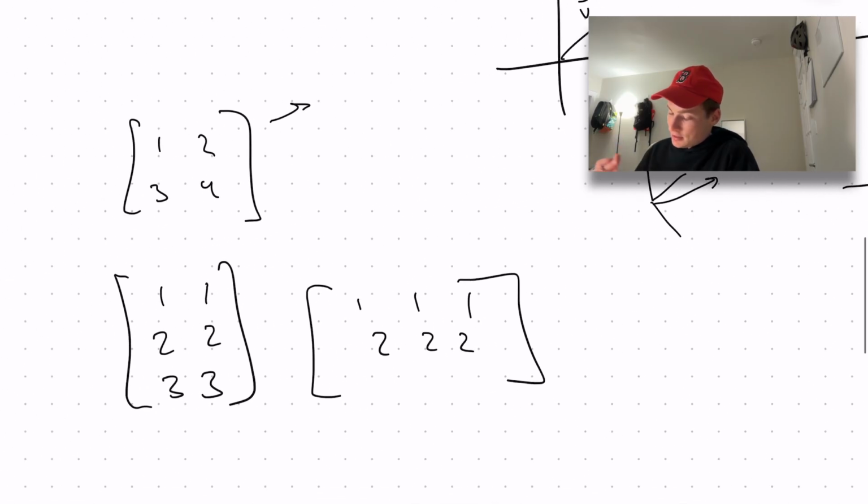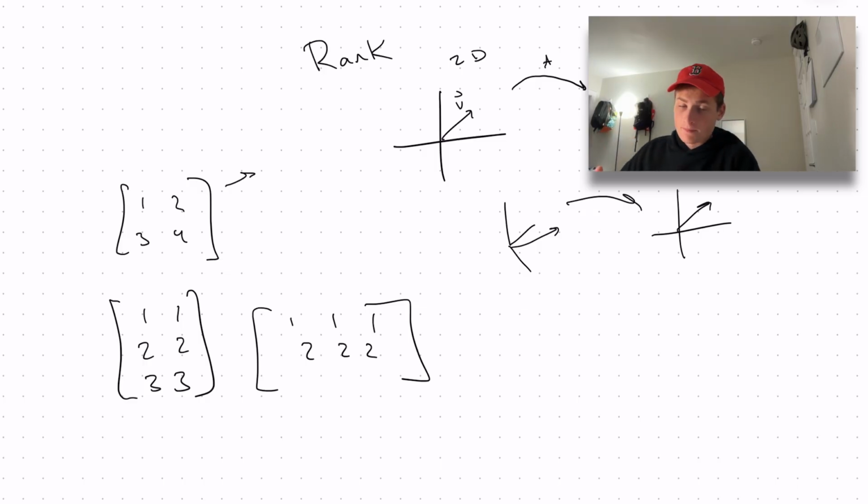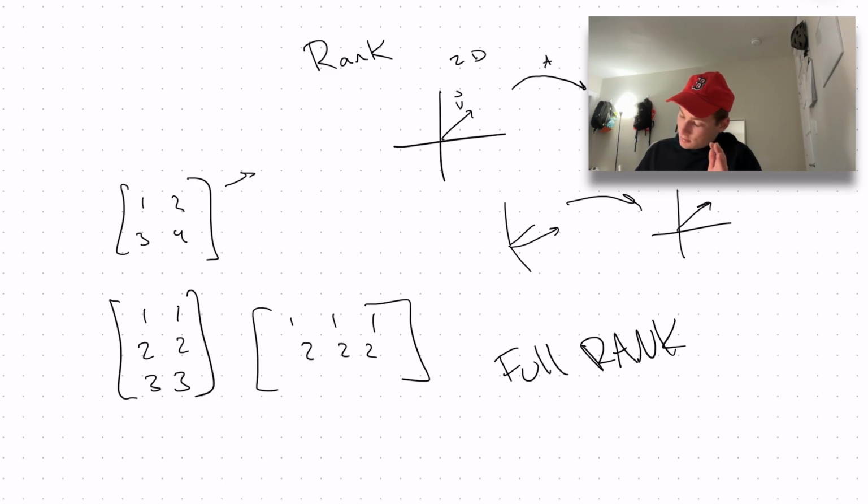And the main thing that you have to know is that when something shrinks it, that means that it does not have full rank, is what it's called. Full rank. And that also means that the determinant, not full rank. And then the determinant